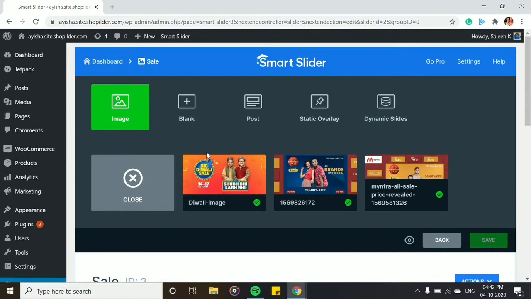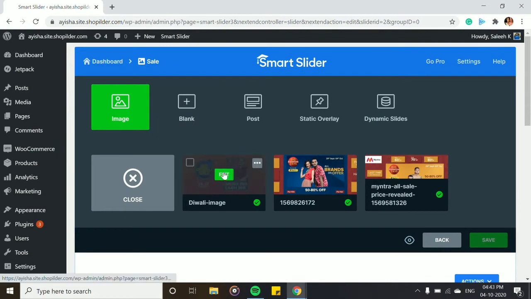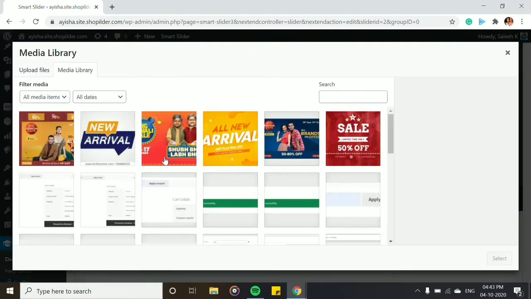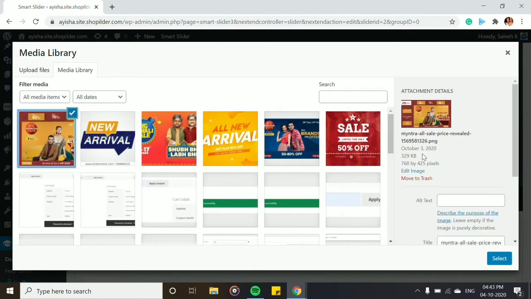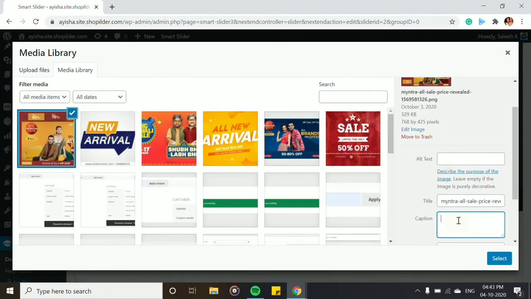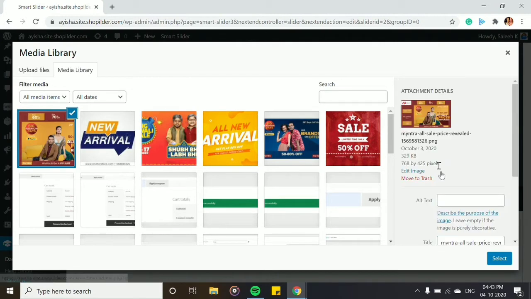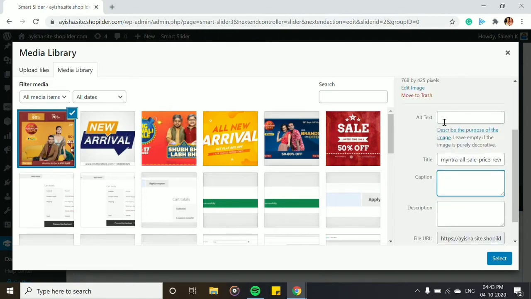You can also add the name from here. I'll show you once again. If you choose this, you can write an alt text, a caption, and a description. This is very important when it comes to the SEO part. When the website is crawled by crawlers from the search engine, they'll be able to catch these words that refer to your website, and this can really improve your SEO ratings. So you can add alt text, caption, and description.